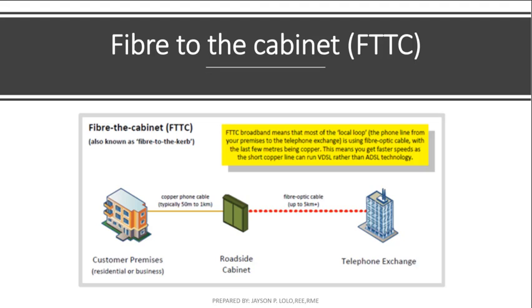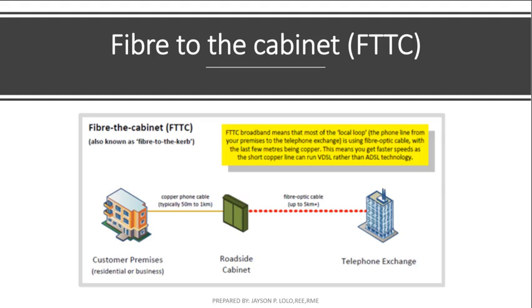So as you can see, the first stage of the FTTC is from your telephone exchange down to the roadside cabinet, which you can commonly see on the roadside, the PLDT box or sometimes a Smart box